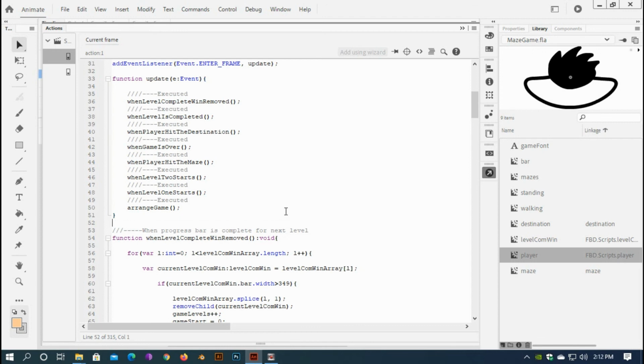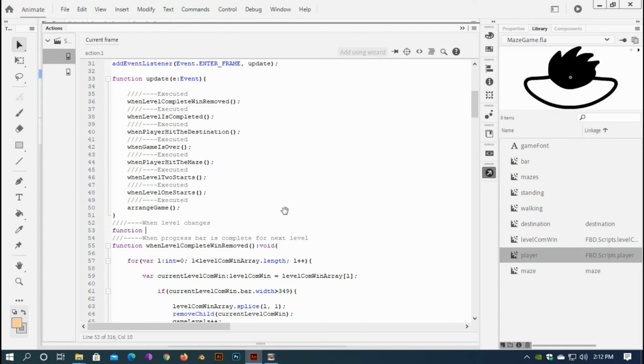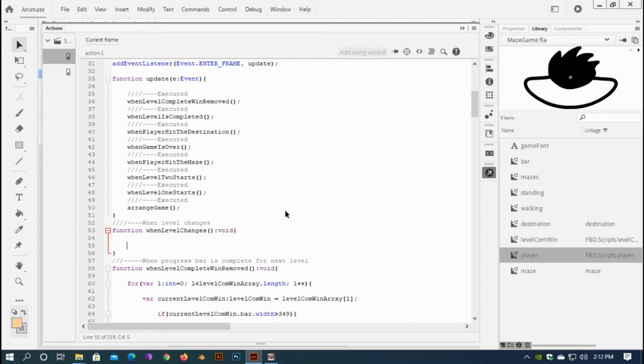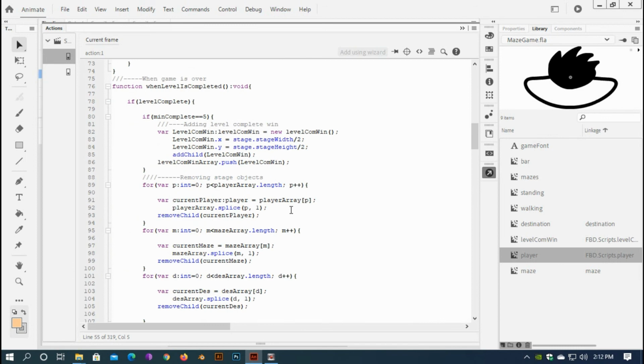Okay, so I'll type when level changes, add function name void, and this time I'll copy this one